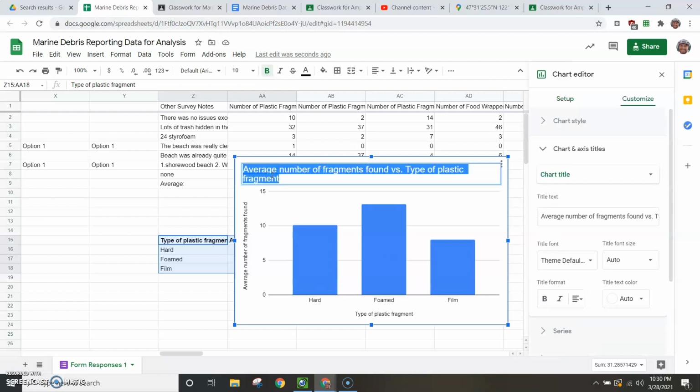So the only thing I'm going to change here is the title. You can title this with a question that you're trying to answer. That's a good way to go. I like titles that are really descriptive. And so you could say something like average number of